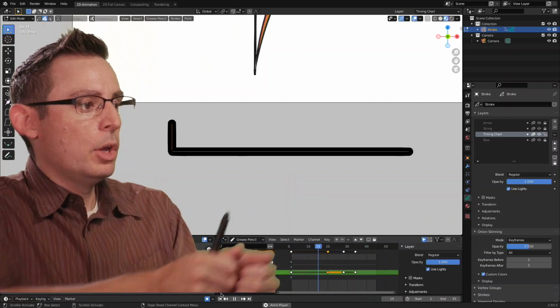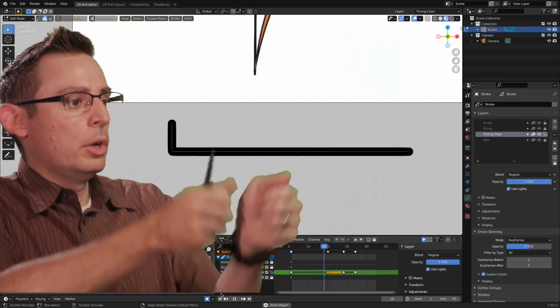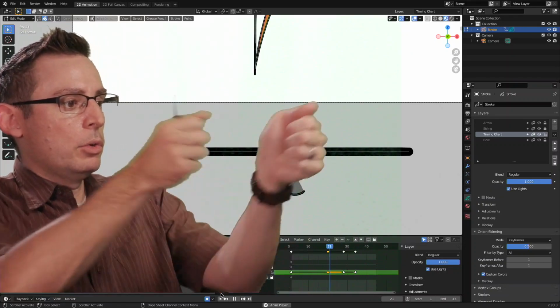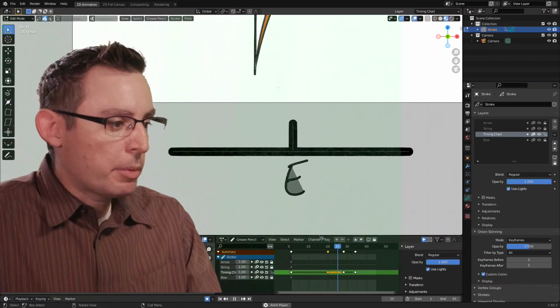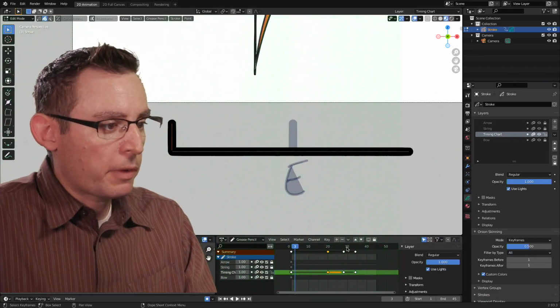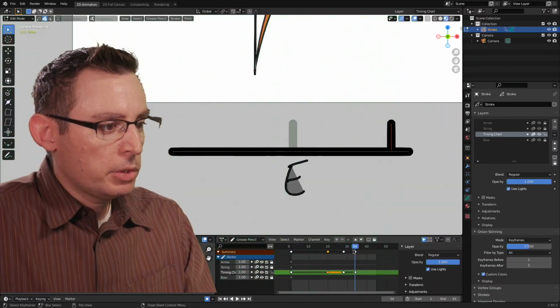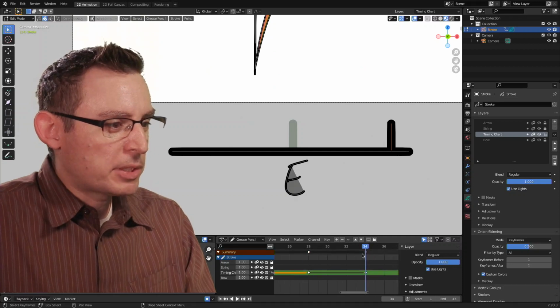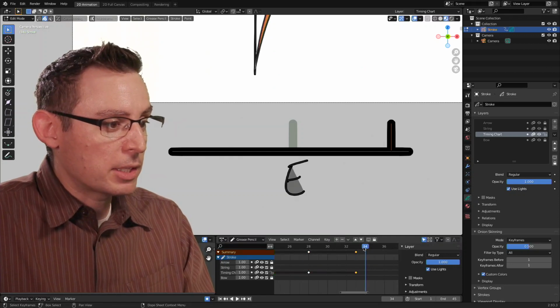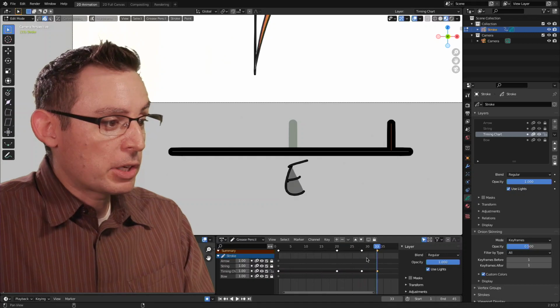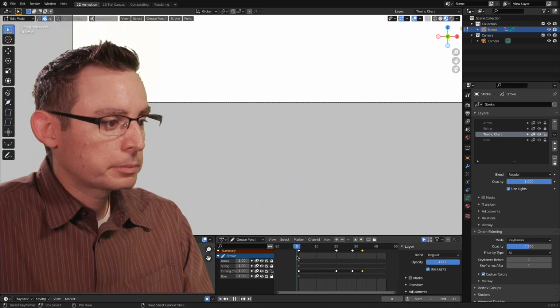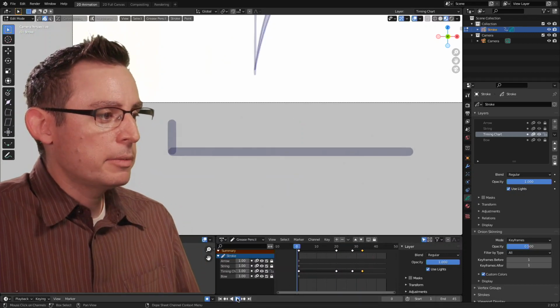Whoosh, bong, whoosh, bong. Yeah, I'm liking that. We probably could even make it go a little bit faster. Instead of 6 frames, let's do 5 frames. I know it seems silly, but 1 frame actually does make a huge difference in our understanding of time. Let's play the animation again.